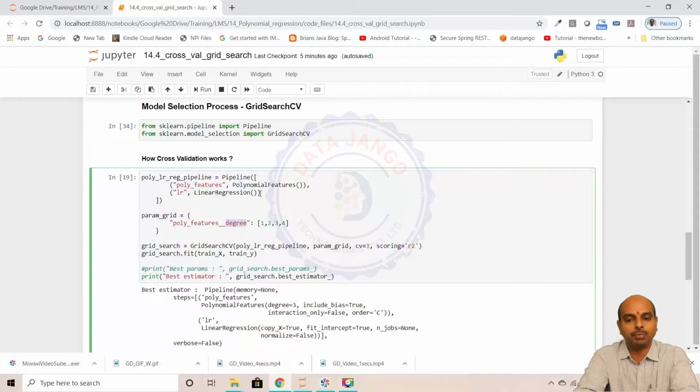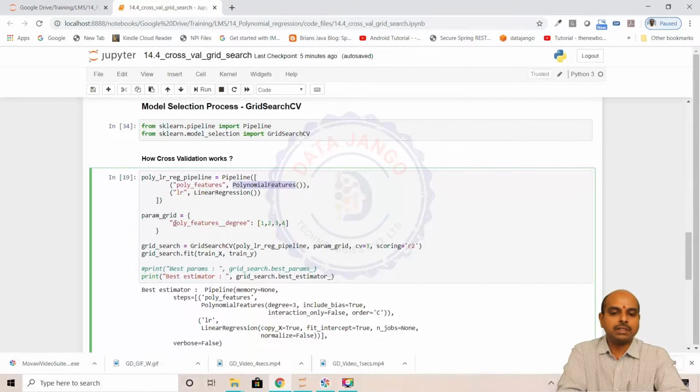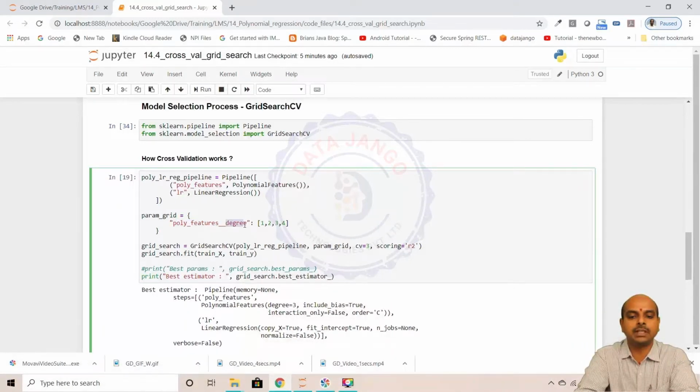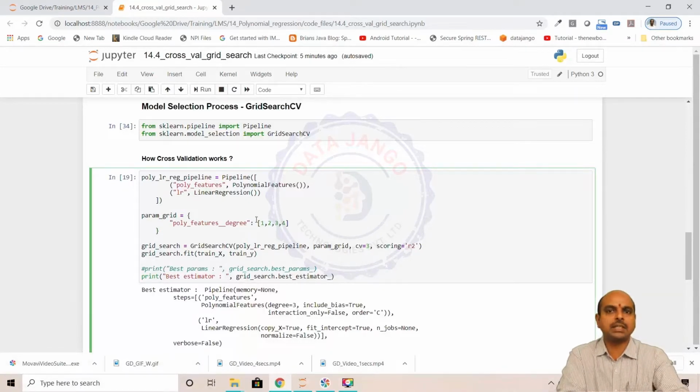To pass values to the polynomial features degree, we will say the variable name in the pipeline, underscore, the parameter name which is present in polynomial features, degree. We are passing 4 values in a list. We can pass it as a list or a numpy array. So GridSearchCV will take the pipeline and the param_grid,